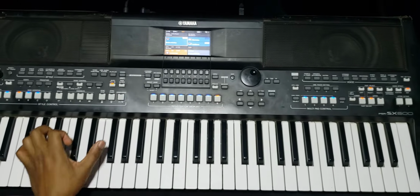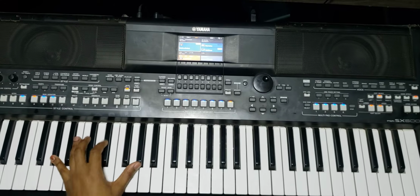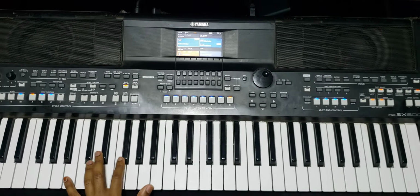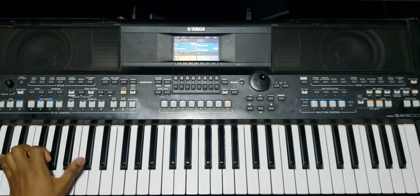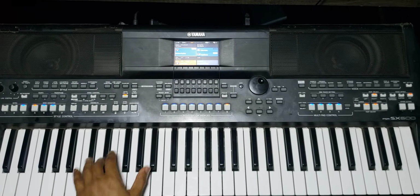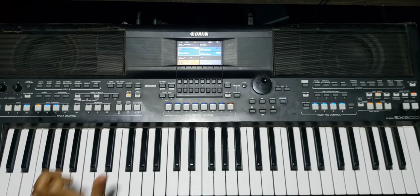So for the bass line, so you gotta do the kick, then so